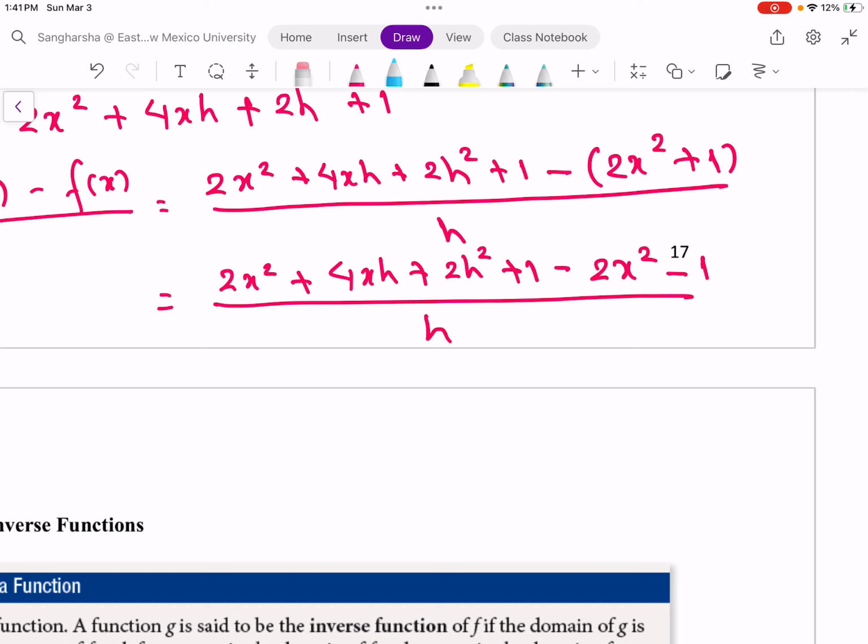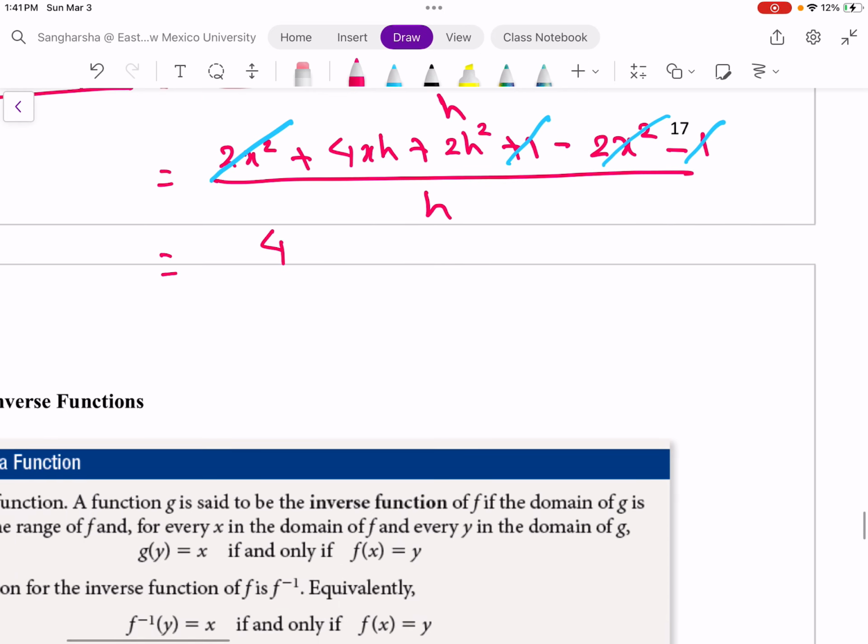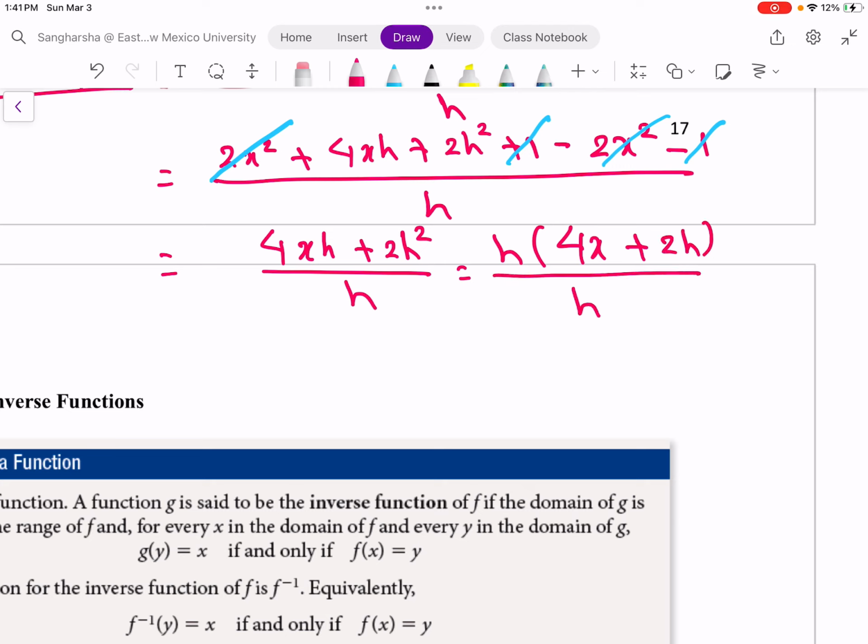Now let's look for the like terms. 2x squared, positive and negative, cancel. Positive 1 and negative 1 cancel, which is 0. So the remaining is 4xh plus 2h squared divided by h. We have h as a common factor, so let's factor it out. So we have h times 4x plus 2h, divided by h. Here we have the factors. We have the two factors in the numerator, and if